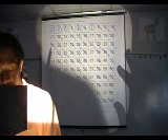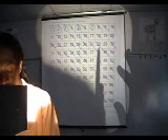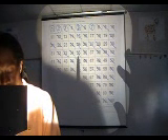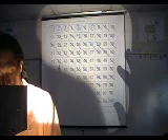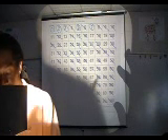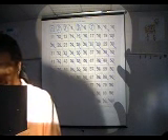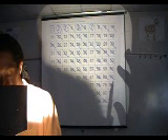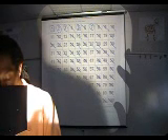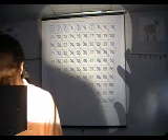So we do 7. 7 times 2 is 14. 7 times 3 is 21. 7 times 4 is 28. 7 times 5, 35. 7 times 6, 42. 7 times 7, 49. Okay, 7 times 8, 56. 7 times 9, 63. 7 times 10, 70. 7 times 11, 77. 7 times 12,